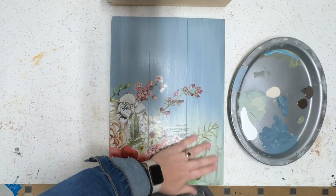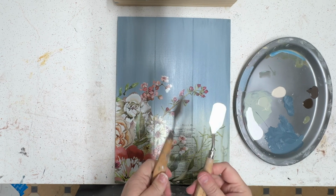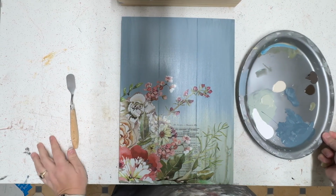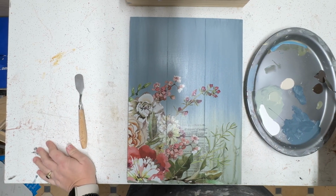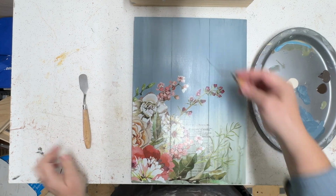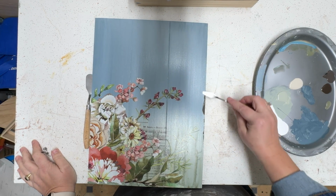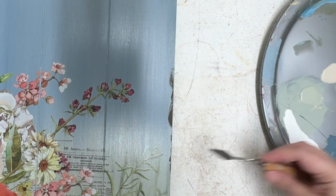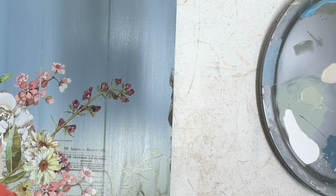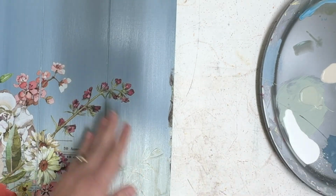So now that that's dry, we can come through and we can do the fake or the faux wood effect, barnwood effect, whatever you want to call it. I just got a couple of palette knives here, and I'm just going to take little bits of paint and I'm going to build up like textures on the sides. So I've just got a bit of brown, and I might start here and just add a little bit there, and then you can come back over. This is the pistachio, and add a bit of pistachio in it, and that's the myrtle, and then that's just giving it the illusion that it's been rubbed back in those areas,